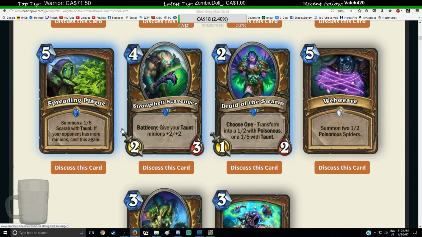Same scenario, if you have 4 and you trade some in, and he has 3 and you have 0, and you play Spreading Plague, you spent 5 mana to summon 2 1/5 Scarabs with Taunt. At the 5 mana game, like if you're on turn 5, you would hope, unless it's a Zoo Swarm deck that's not a Druid, that you're doing pretty good to play this. So I don't think it's going to see a lot of play in Constructed. Arena, I think it'll be okay, but